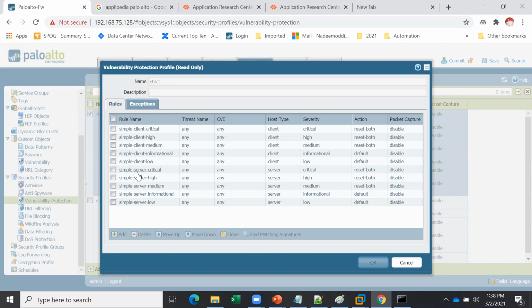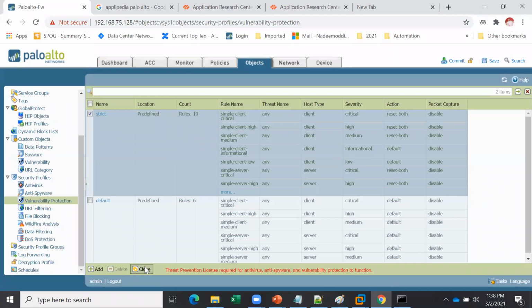If anything comes from the server, simple server critical, simple server high, what decision you want to see? Anything critical, high, medium, going or coming from client or server, any vulnerability, it has to be blocked. If I want to use this, I can go ahead and clone it.